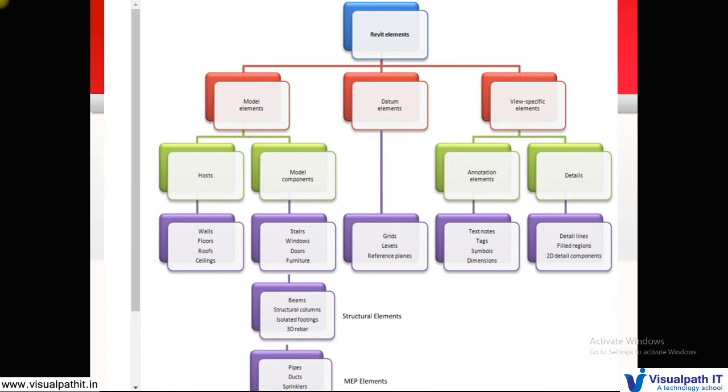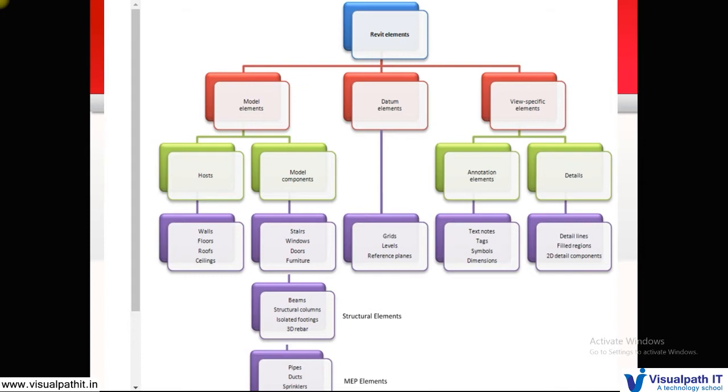Okay. Now, doors, windows, furnitures, they are the architectural components. Similarly, when we learn Revit Structure, there will be structural elements. When we learn Revit MEP, there will be MEP elements. So all these structural elements like beams, columns, etc. are called structural components. And MEP elements are pipes, ducts, electrical wires, cables. So these will be your MEP elements: plumbing, taps, pipe fittings, etc.